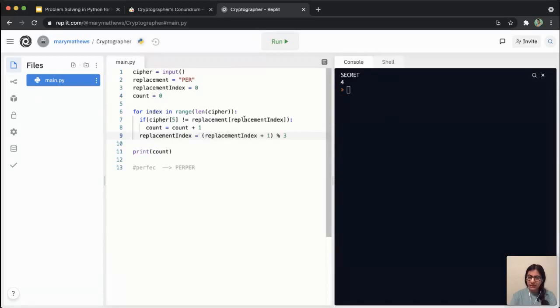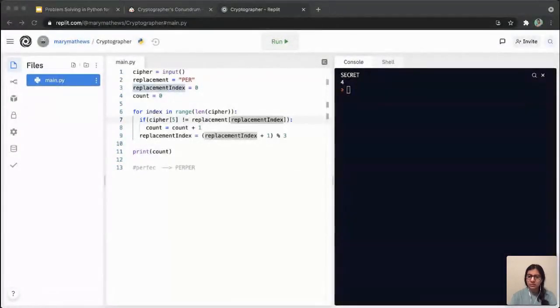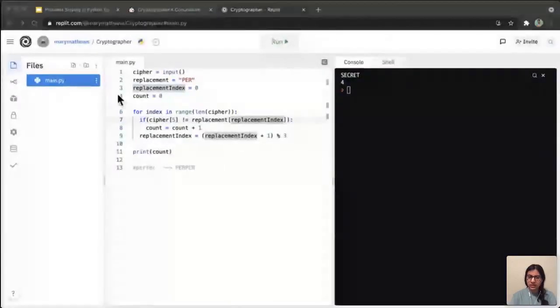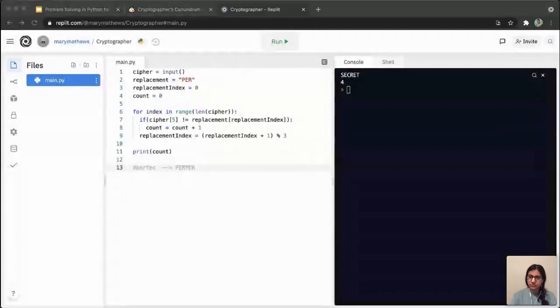So at each step, I'm incrementing it by 1, and then I'm finding the remainder when I divide it by 3 to make sure that it never goes above 2, that it's always 0 or 1 or 2, okay? The percentage operator is called the modulus operator, and it just gives you the remainder when one number is divided by another. Okay, I hope everyone has understood this.